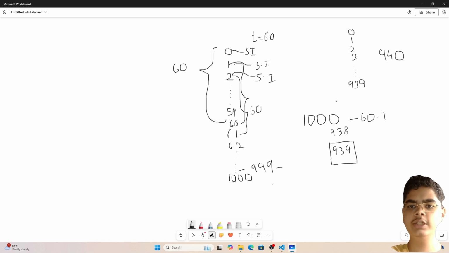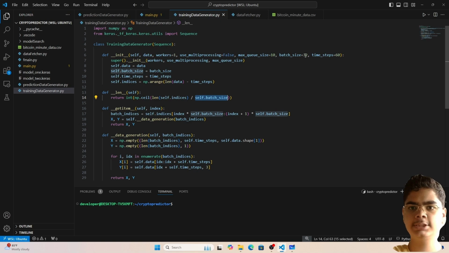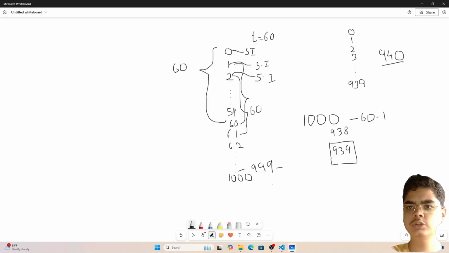So it is actually very logical. Since it stores only the starting index of all the sequences possible, then naturally the number of starting indices present in this array will be equal to the number of sequences possible. So when we fetch the length of the indices array, it will return 940 in this case, and now our batch size is equal to 32. So let me divide it by 32. So it will give us something like